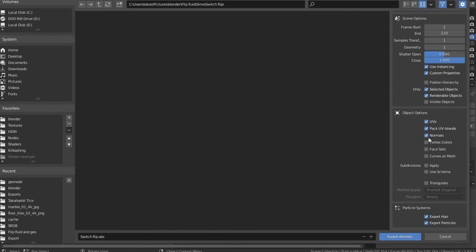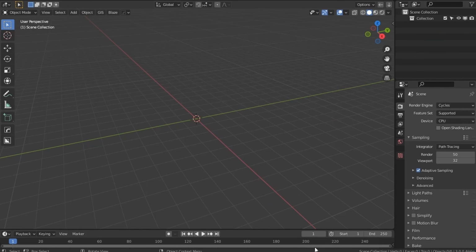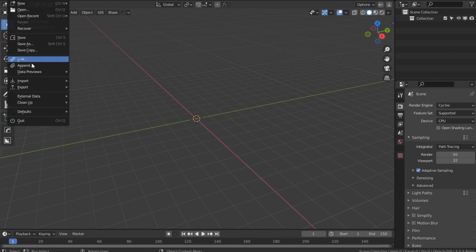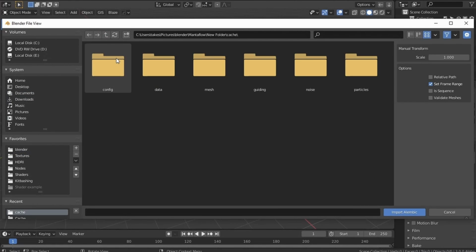We're not gonna worry too much about normal. I was told to export face set, no export arrow particles. I believe we have to turn off normals, but I could be wrong on that. And then we export the alembic. It'll write the alembic to memory as we go. Then go into Blender 3.0, import an alembic, find that alembic,